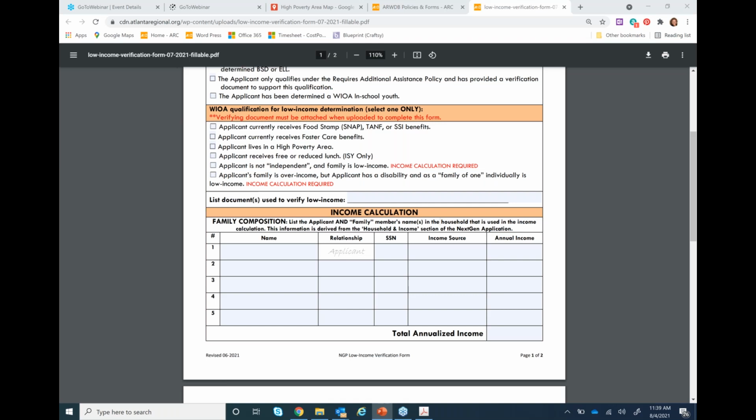Because they're not putting any income into wages. So in that case, you're probably just looking at the participant's income. You're going to look at them as a family of one and put in their income, because the other people do not have income. You can get a self attestation that says that no one has income, and that could be good enough.